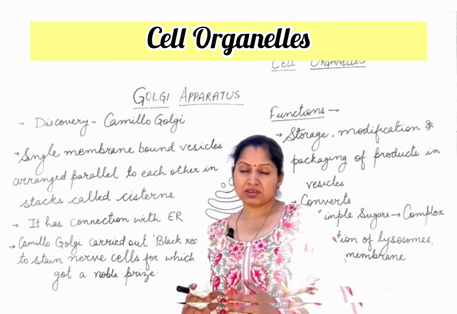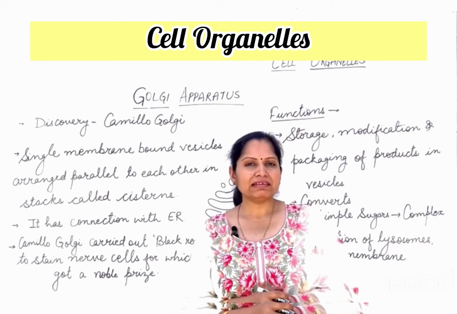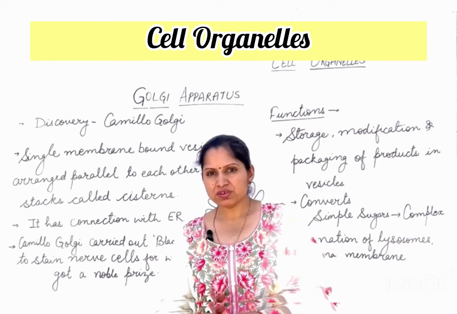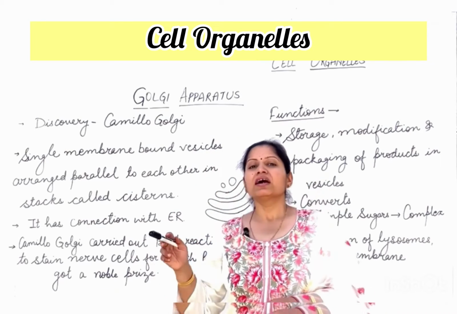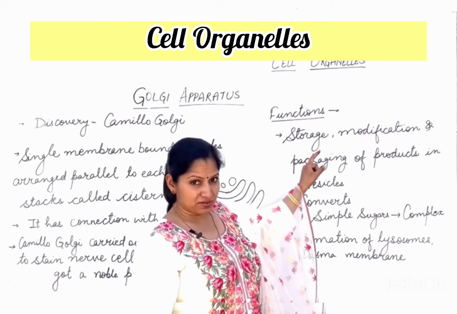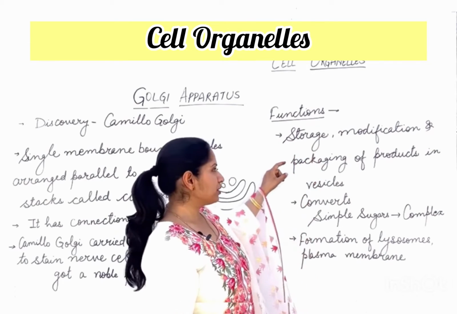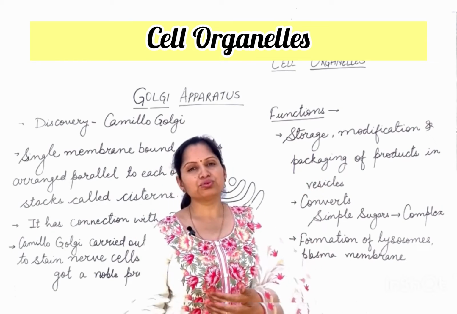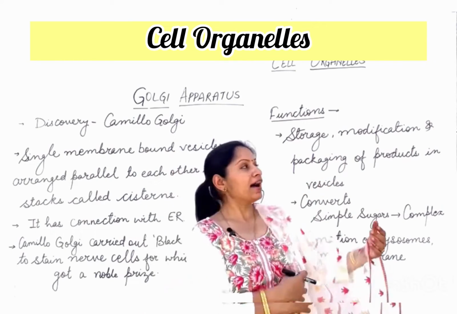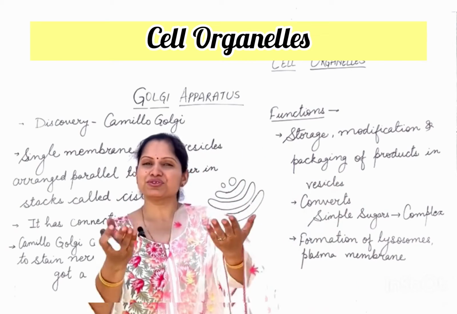So if we talk about a chips factory, then the raw material is potato. So suppose the potatoes are grown in this endoplasmic reticulum, and the chips factory, the Golgi apparatus, is going to store the potatoes. It's going to modify them into the form of chips and package that